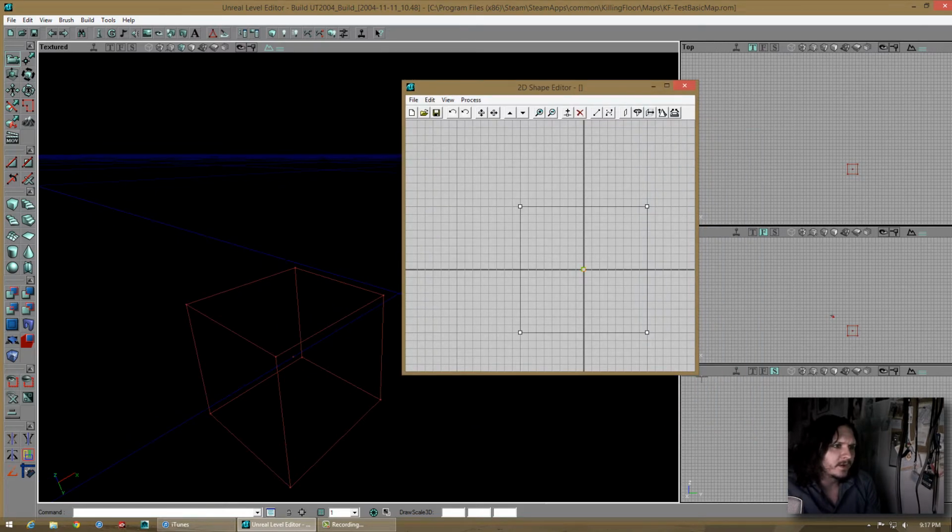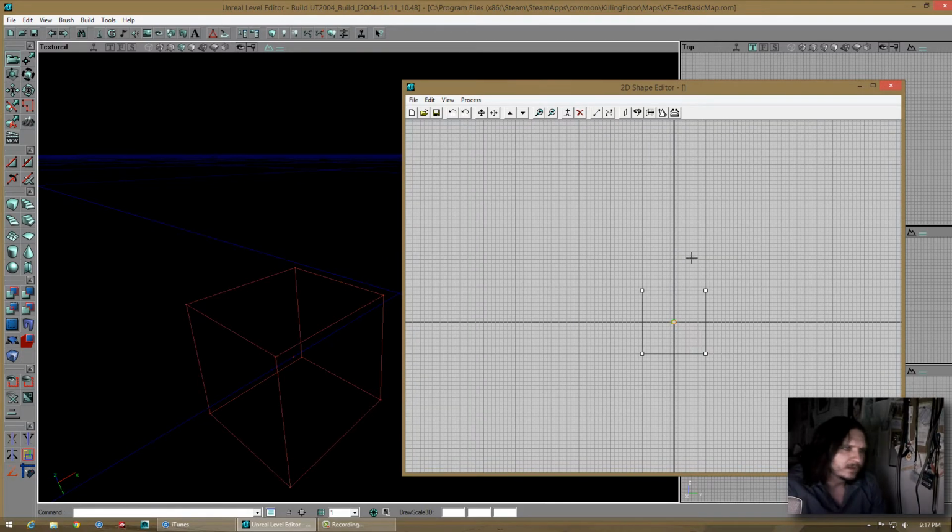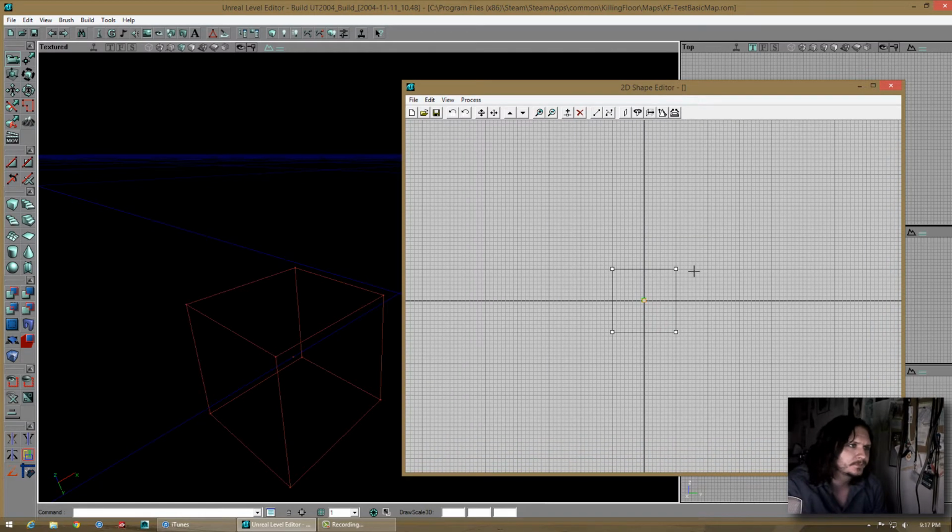So you go to your 2D shape editor, and let's make some kind of an interesting room. Let's see here. How about for a basic map we make a spiral staircase cylinder. So if we wanted to make a cylinder using the 2D shape editor, we would take it and just move this,